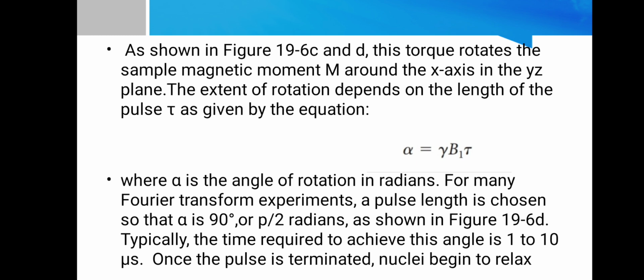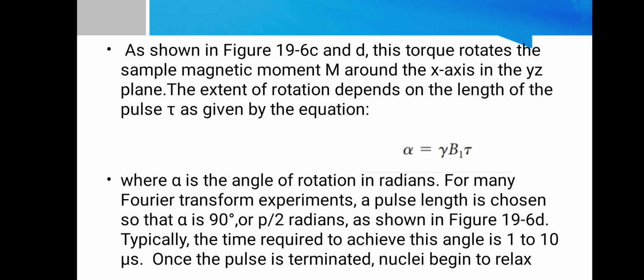The extent of rotation depends on the length of the pulse, and is given by alpha equals gamma B1 times the pulse period, where alpha is the angle of the rotation in radians. For many Fourier transform experiments, a pulse length is chosen so that alpha is 90 degrees or pi by 2, pi by 2 radiation as shown in figure 19.6d. Typically, the time required to achieve this angle is 1 to 10